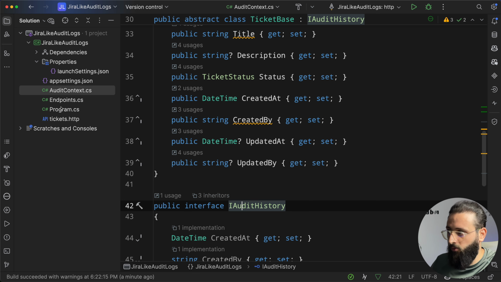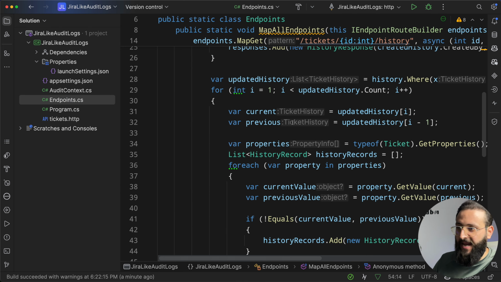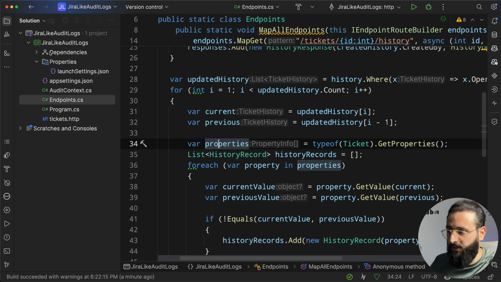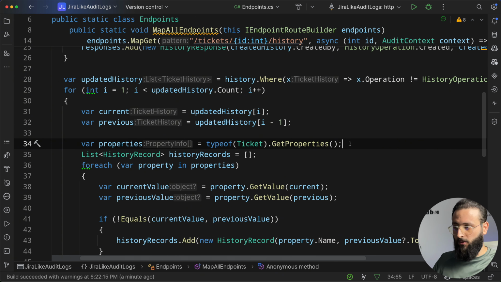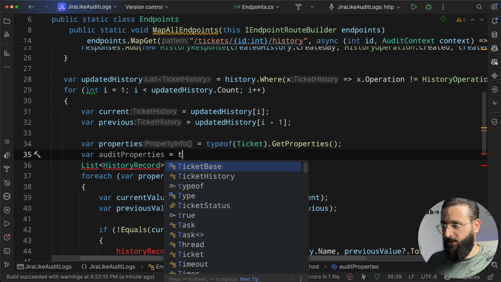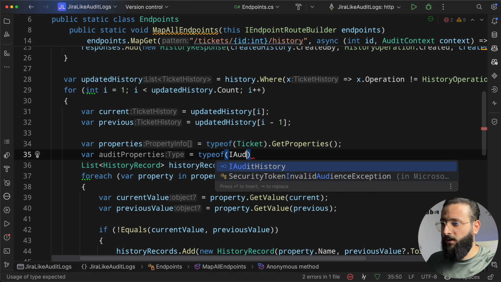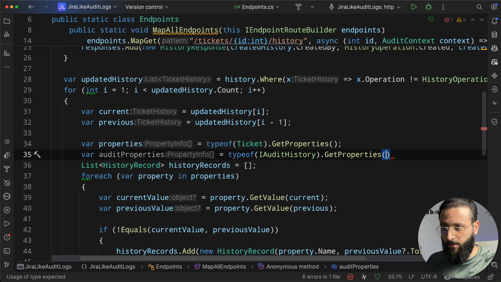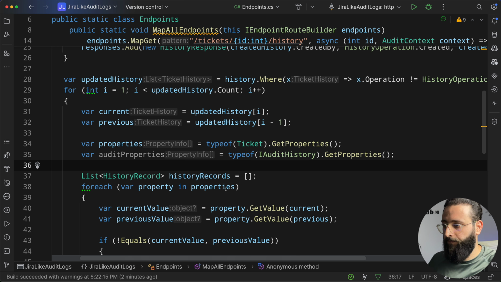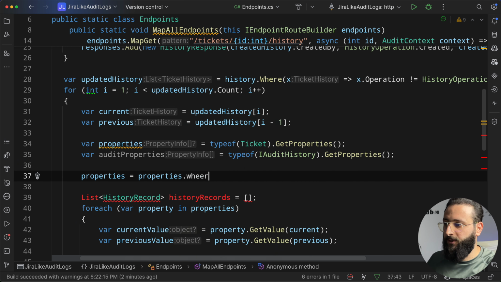Okay. Now, if you go back to the endpoint here, when we started getting the properties using reflection, we can now get the audit properties using the same thing, typeof IAuditHistory dot get properties,